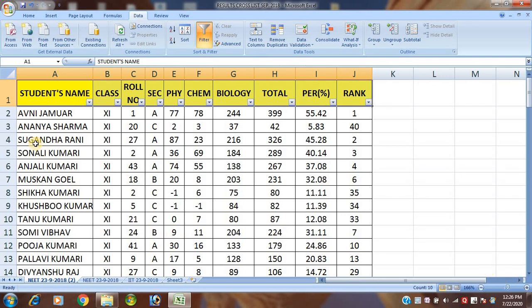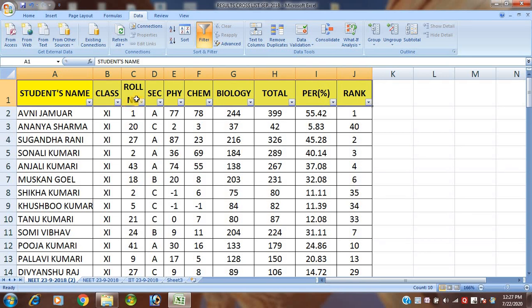This is the Excel page which has already been made. Now I will show how to make a filter. Students, this has already been filtered, you see. This is the filter symbol, the down arrow at the bottom right of the column heading. If you want to hide it, just click on the filter and the filter option will be disabled. If you want to make the filter again, select this and click on the filter, and the filter will open again.